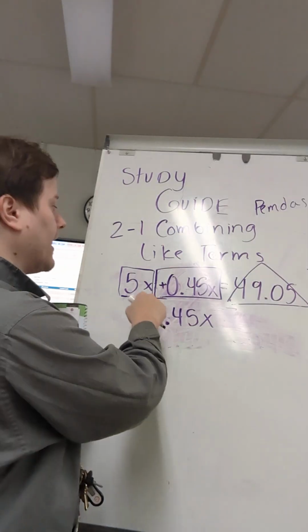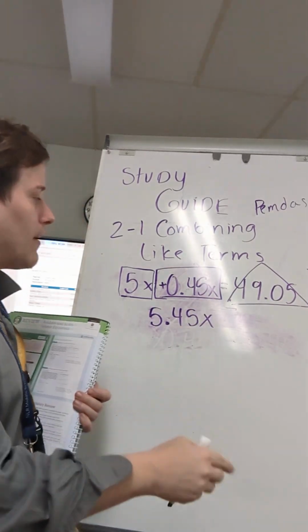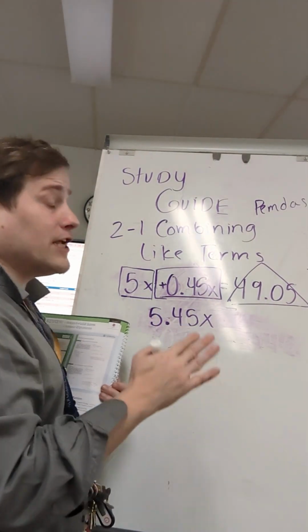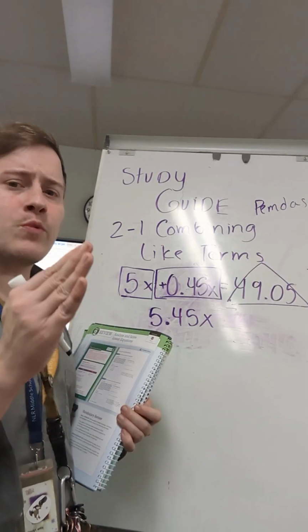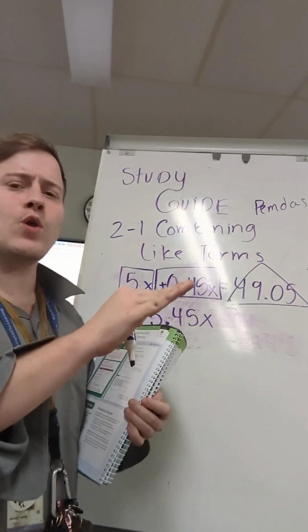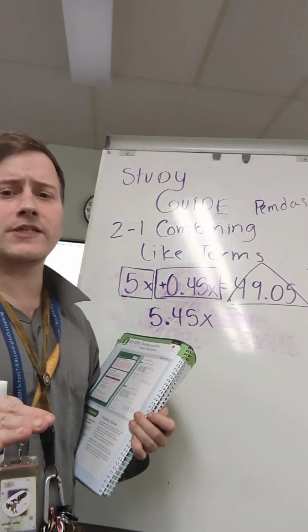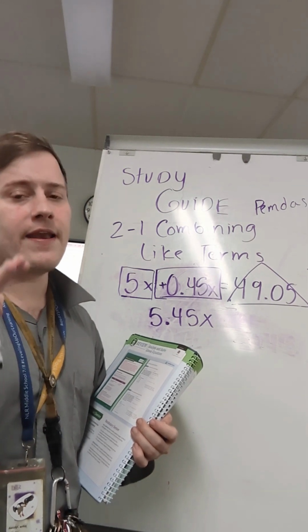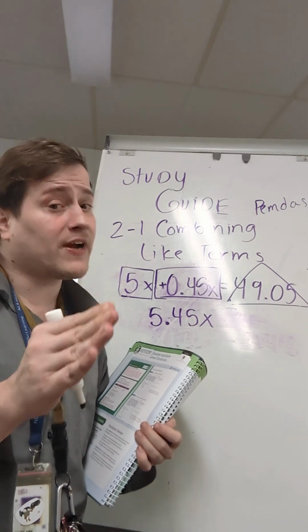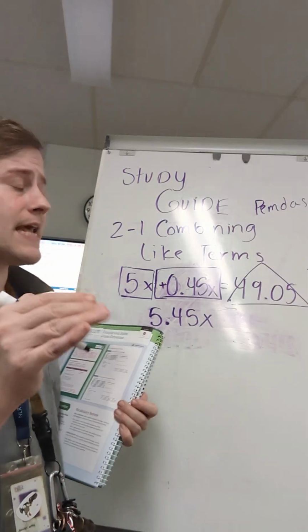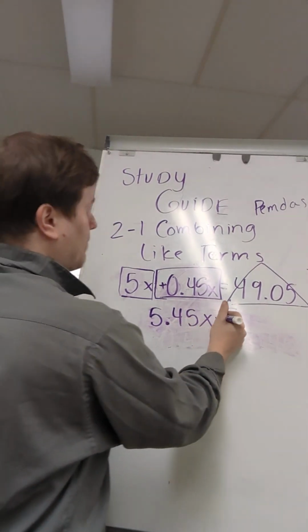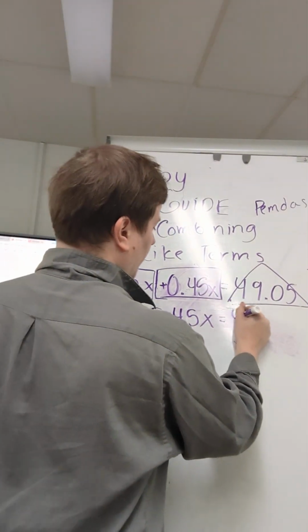I didn't say, okay, here's one x, now there's two x's, so I'm going to add 2 to that. I didn't do that at all. All I added was what's called the coefficients. And that's all I want you to add when you're combining like terms. Add the coefficients, not the variables. They have to be the same variables to add, but still just add the coefficients. So we have 5.45x equals